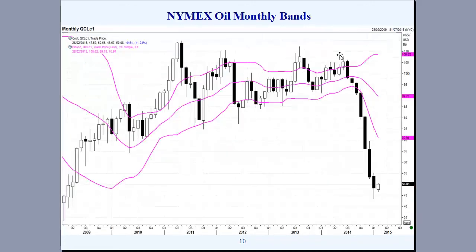Now, just going back to the bands with the monthly charts with NYMEX Oil, and here we saw the squeeze going on. So we had an indication that we were going to have some strong downtrending price action all through this period when the market was going sideways, and following the bullish breakout and the strong bullish activity, we saw the market trading to within the bands and finding support at the lower band, breaking out in a bullish manner, but we didn't see the follow through to confirm. We then saw testing down below the lower band, lack of follow through to the downside.